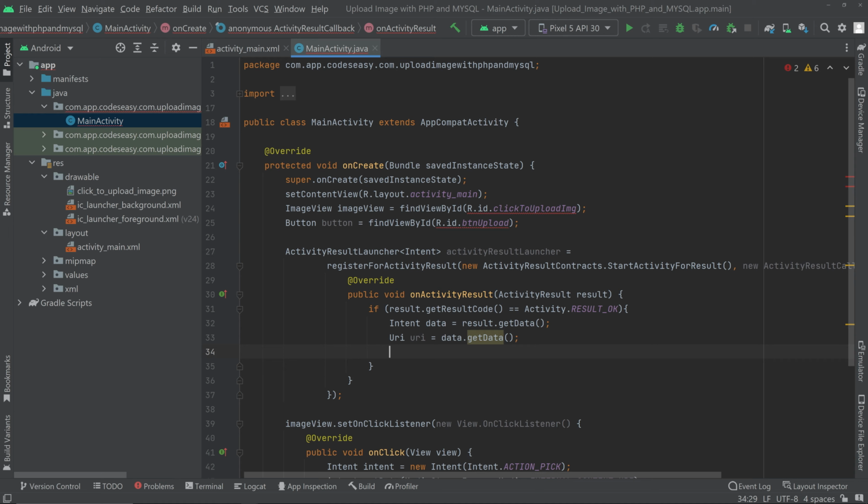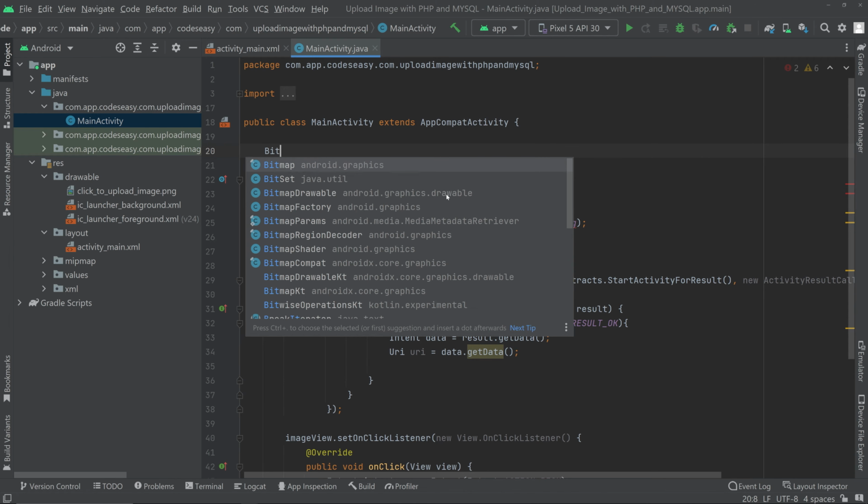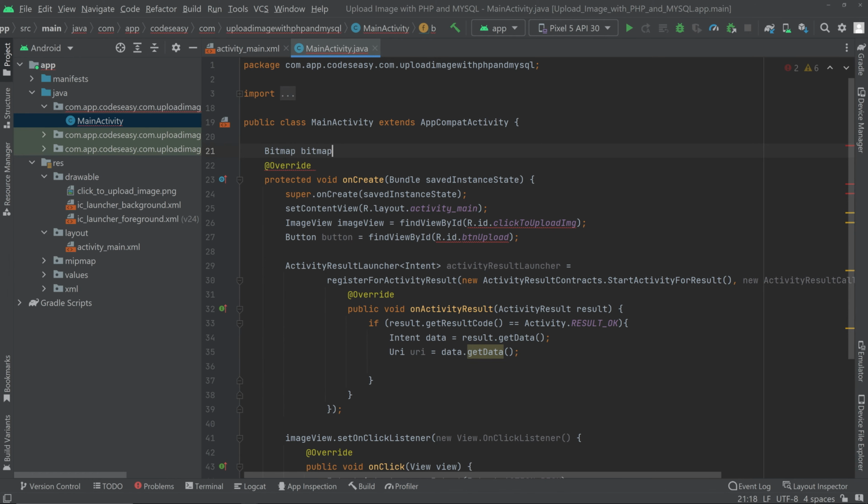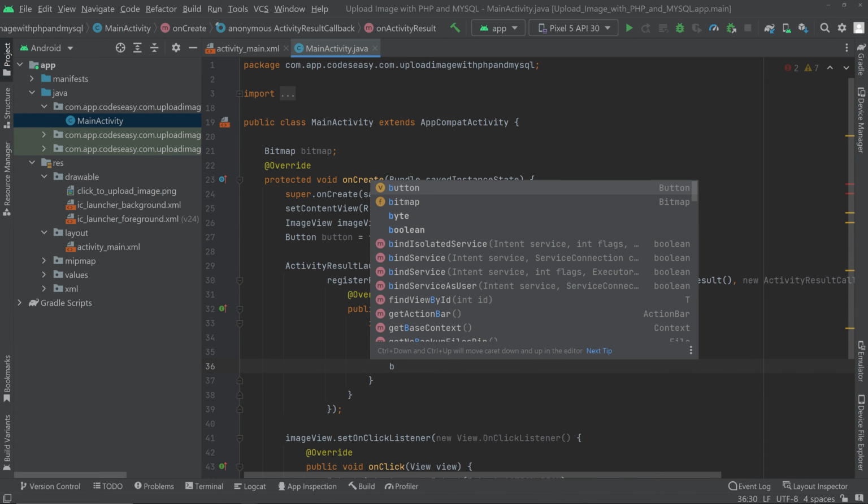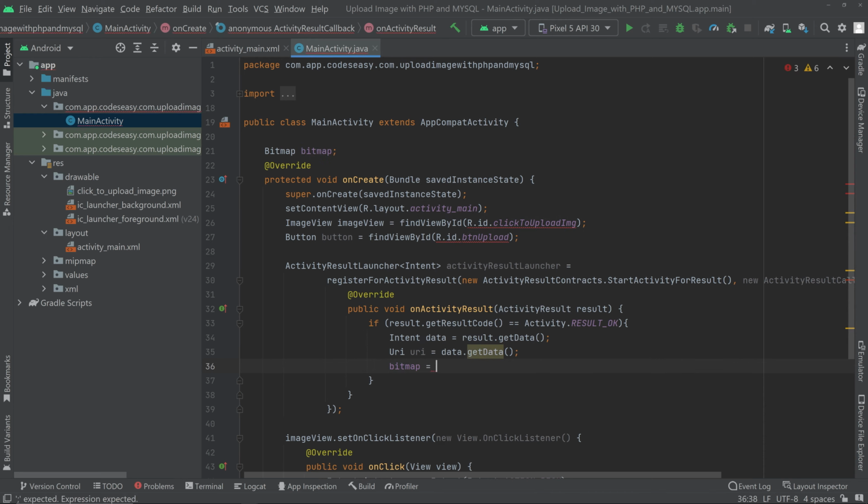So we have to use this to transfer the data to the PHP API. For that, create an object for bitmap. Now come inside the function if condition and bitmap equal to